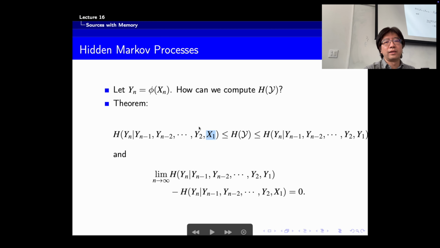Yeah, we can put a y1 here. It doesn't matter, right? So that will not change because y1 is a function of x1, okay? So the only difference is here. So we don't have x1 here, right? Then we can compute. Then we can show that,